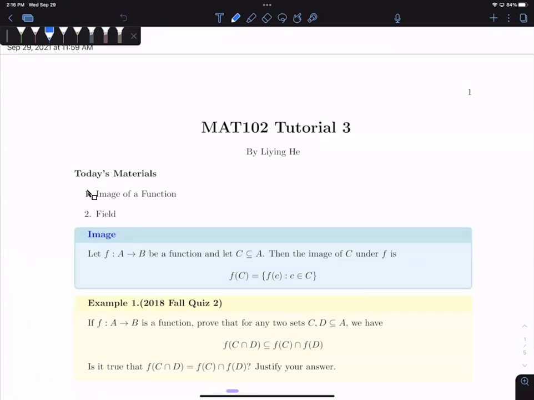If the question says briefly, then it's briefly. You do not need the formal proof. If they say justify, explain, proof, then you need a formal proof. But if they mention the word briefly, then you do not need a formal proof.